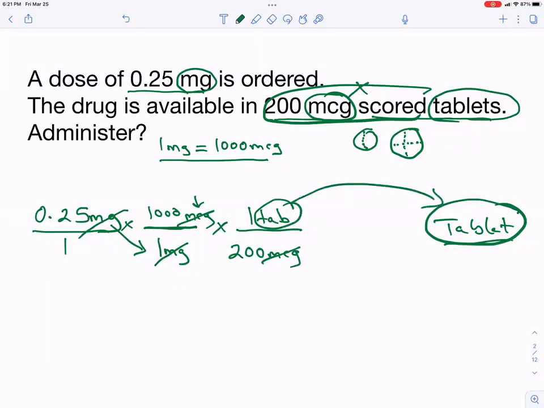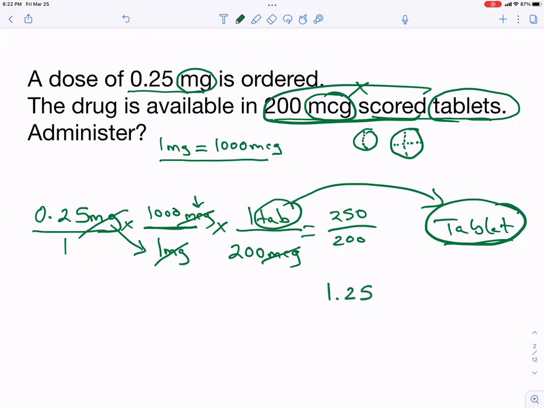So you see, it's all about setting it up so you can cross off the unwanted diagonally to get to the wanted. So now, as I always say, now it's just math. So 0.25 times 1,000 is 250. And 200 times 1 is 200. And when I divide 250 by 200, it gives me